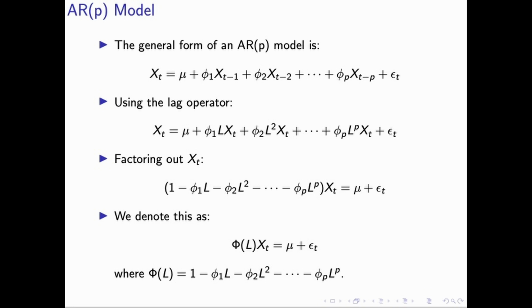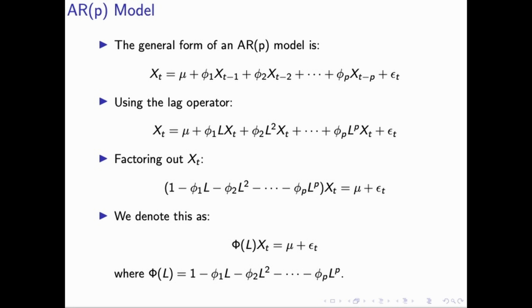Using the lag operator, we can rewrite this as x_t equals mu plus phi_1 L x_t plus phi_2 times L squared x_t, plus up to the term phi_p times L to the power p times x_t,